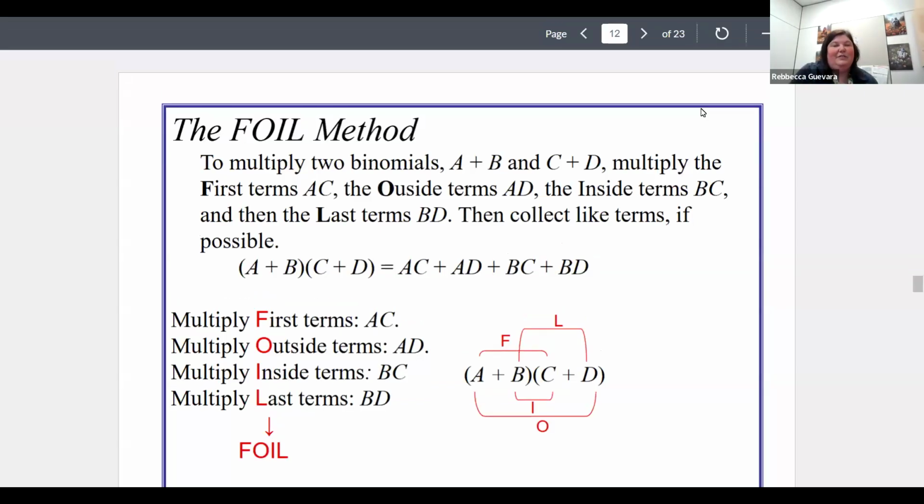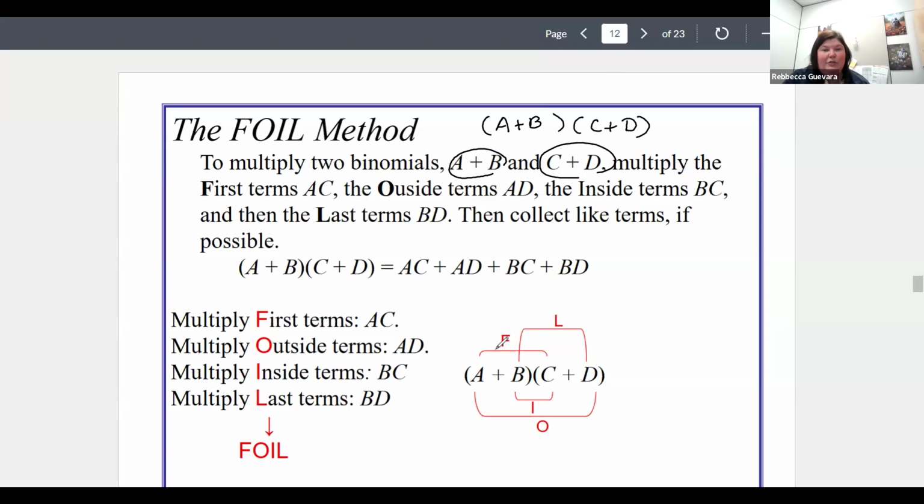FOIL method. So this is just another way to talk about doing that distribution. I'm actually going to do two methods here at the same time. For the FOIL method, we use it if we have two binomials, so (a + b) and (c + d). To multiply them together, I'm saying I have something like this, (a + b) times (c + d),